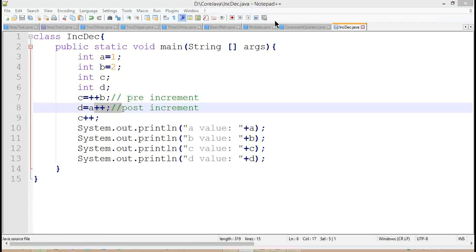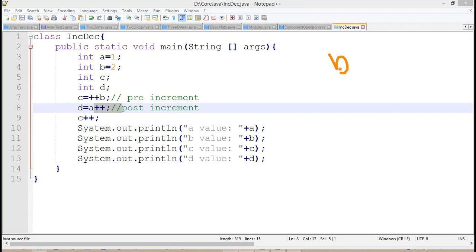Right. So now observe here. The values of A and B we already identified here, 1 and 2. So what about this particular C value? Inside this C value, we are using the pre-increment operator here. When we work with the pre-increment operator, internally the value is going to increment first, and after the value is incremented, we are initializing it into the current variable here.